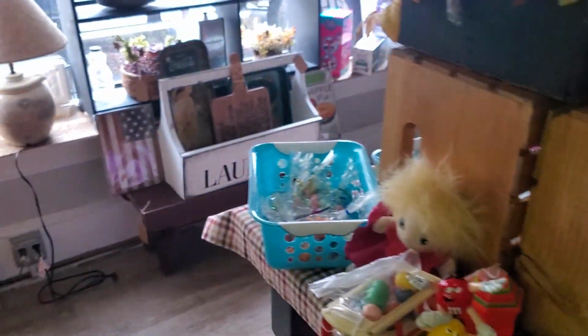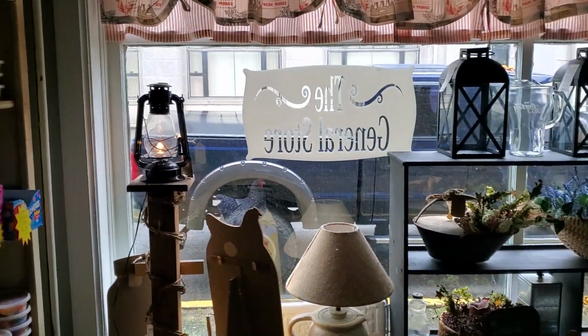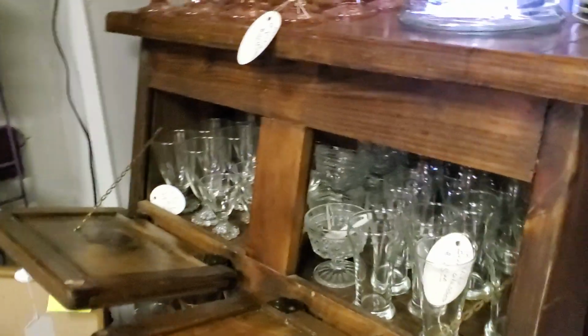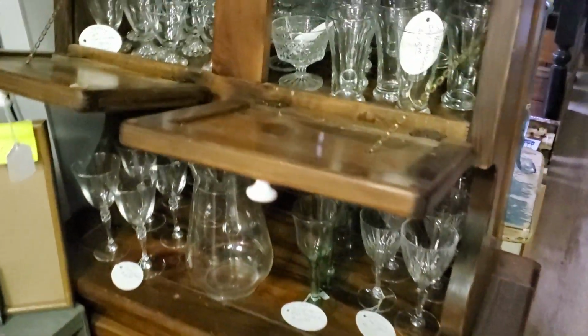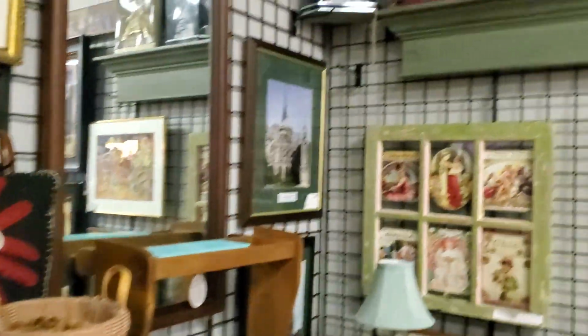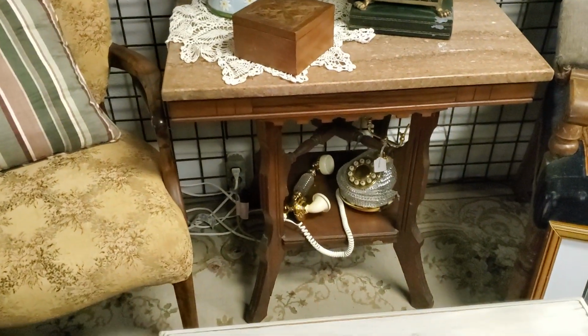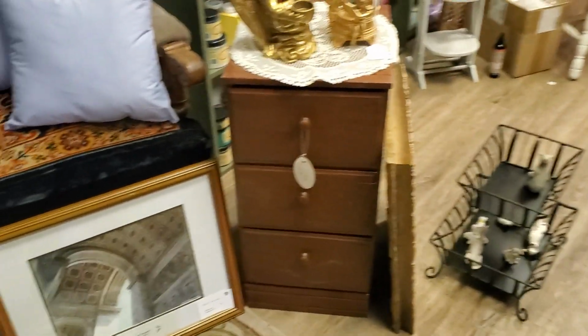So there's a little bit more newer stuff. It's funny how the glass is the general store on it. But then you walk in, more furniture, and then obviously it's filled with crystal and clear bubble glass and pink depression glass. And then there's some old Barbies. A nice marble top Eastlake style table. Over there. Nice chair. This chair is actually kind of cool. It's very early. They wouldn't hide it with the new pillows, but